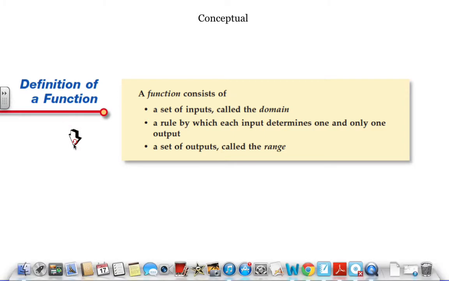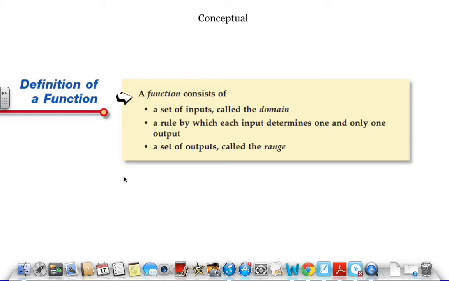So today we're going to talk about functions, in particular just general function ideas. Just realize a function consists of a set of inputs called the domain. I hope that this is review for you, that you're familiar with these terms. We're not going to focus so much on domain and range, but you have to be familiar with what they are. So a function has inputs. So something is put into an equation. It's called the domain. So if you have an equation like for a line, for example, y equals 3x plus 5, the x's would be considered the domain because that's going into the function,